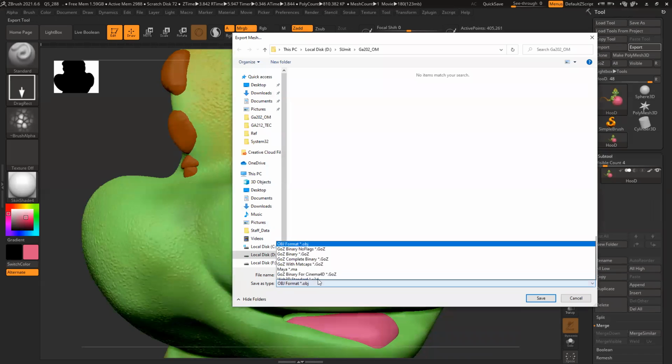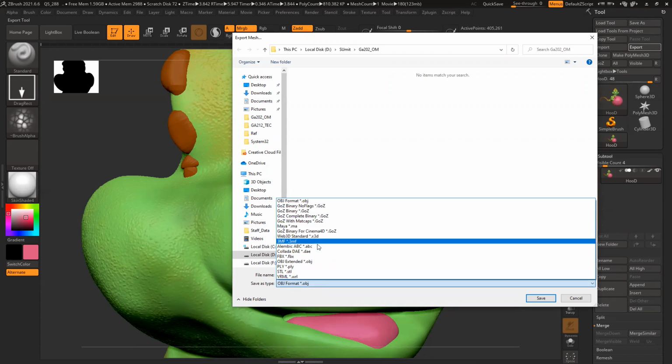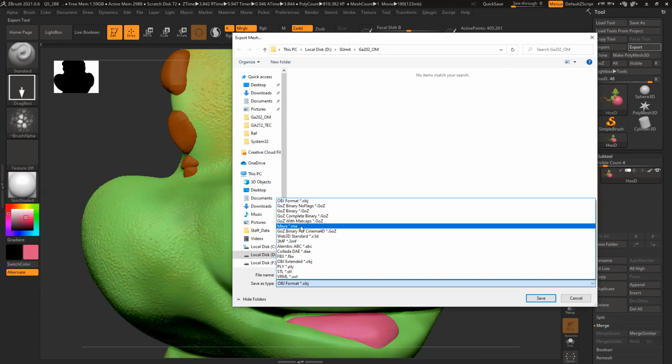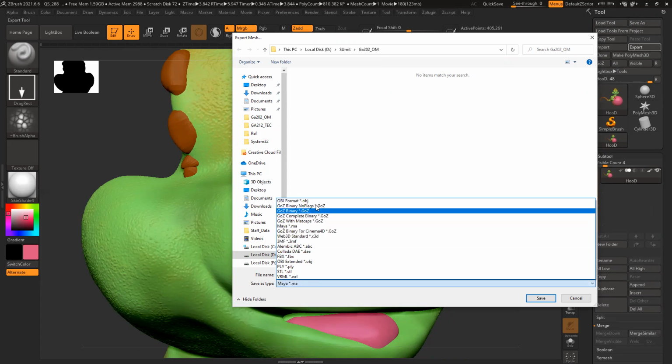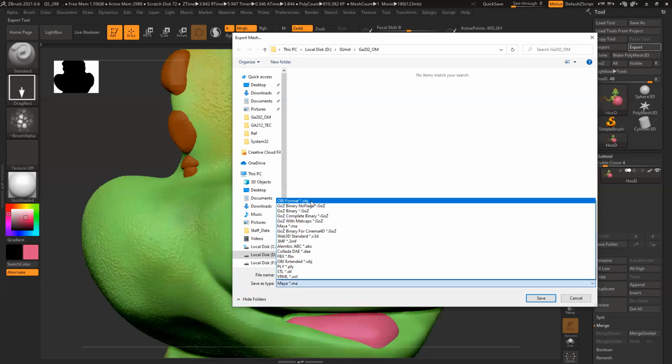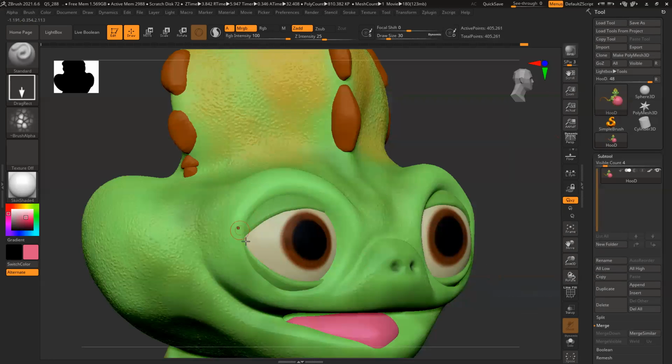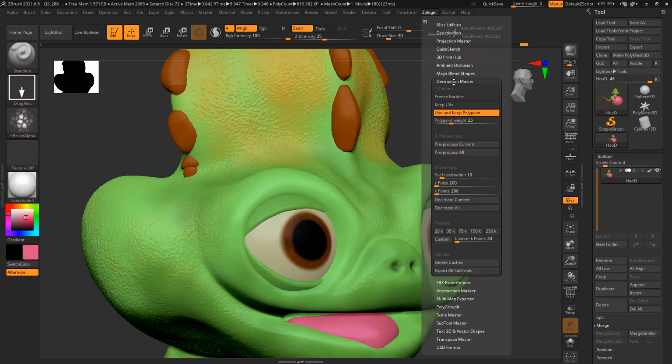And here you can see I have multiple options I can save. I can save an MA file as well, a Maya file, and I can directly open it in Maya if I want. Polychain or OBJ is also fine, doesn't matter. OBJ exported from ZBrush will retain all the colors and everything. But to keep this color, personally, I prefer to use FBX, because FBX stores all the color information, everything. OBJ doesn't support it, and sometimes gives you errors also.